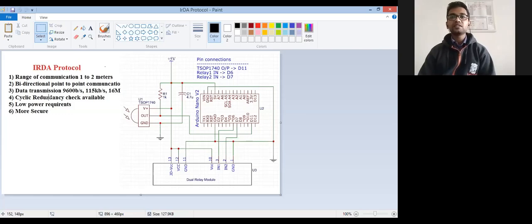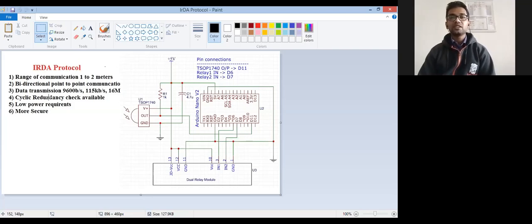And this communication is, you can say, the most secure communication. Why is this so? Because if some other device tries to catch the data, that device must be in line of sight, because IrDA supports line of sight communication, as infrared rays mostly travel in one line. That's why point-to-point communication requires line of sight. If some obstacle or other device comes in between, the communication directly breaks.